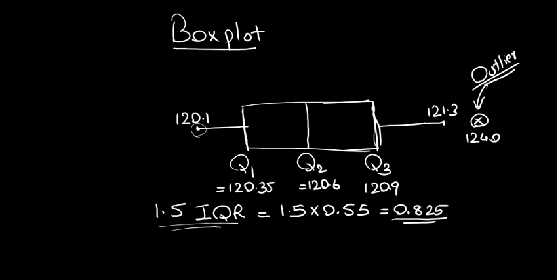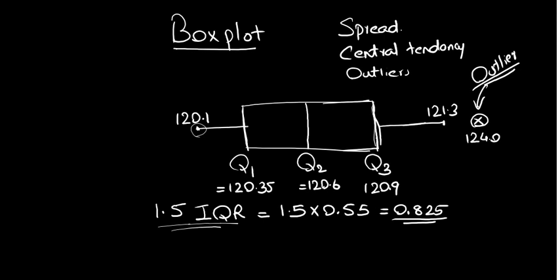Again, from the box plot you get an idea about the spread of the distribution. You can see where the central tendency lies, and identify the outliers. All of this can be done with the help of the box plot. So the box plot is another beautiful way of visually representing the data. With this we will stop here, and we will have a discussion on various distributions maybe in the next video. Thank you.